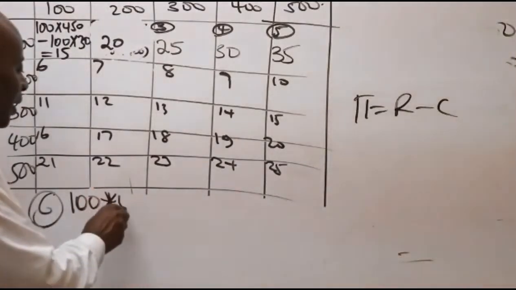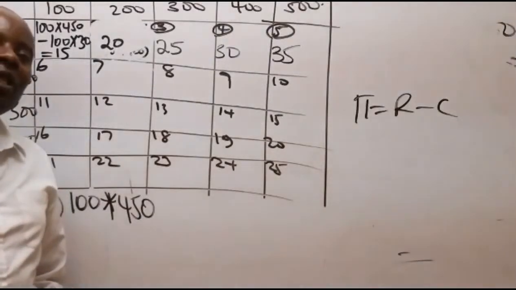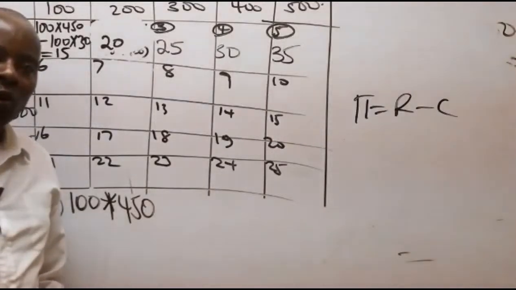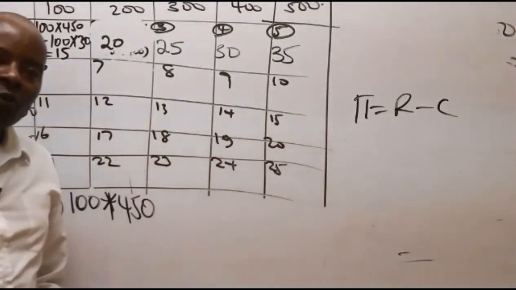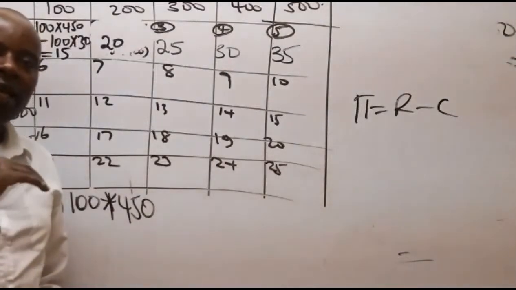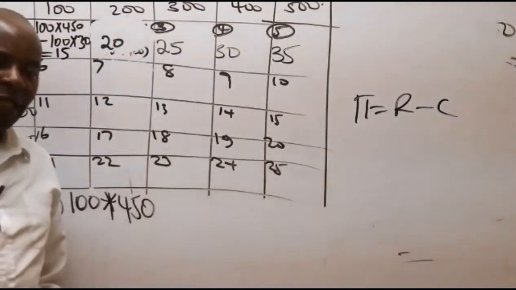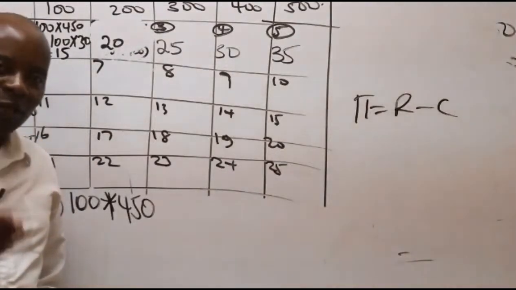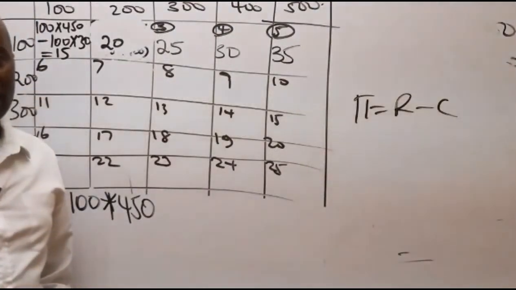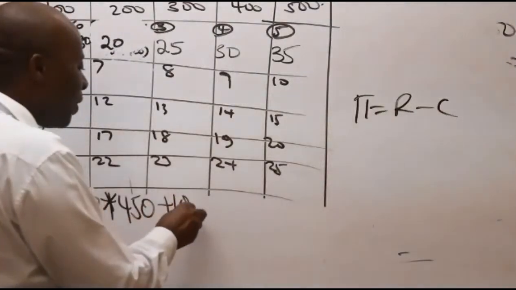The price in this case, ladies and gentlemen, is 450. What happens with these excess units that were not bought? Excess packets of milk that were not bought, we are told that this company is exercising very good philanthropy at a higher level. They're giving their unsold packets of milk at the end of the day to the workers. So in this case, it's just like saying that these other 100 will be bought at